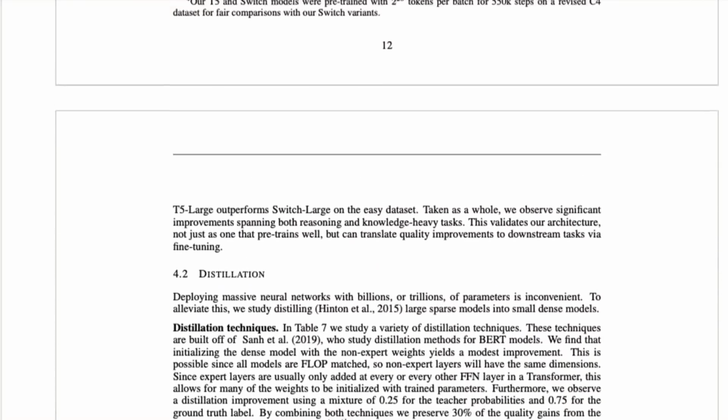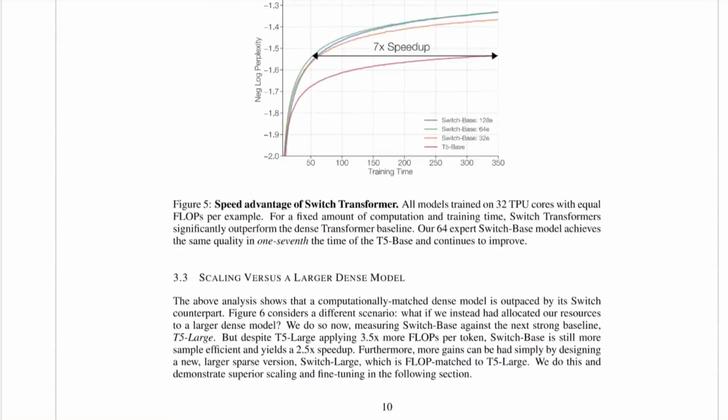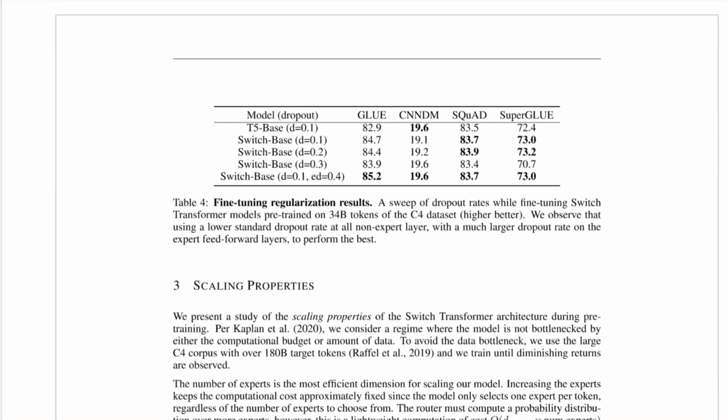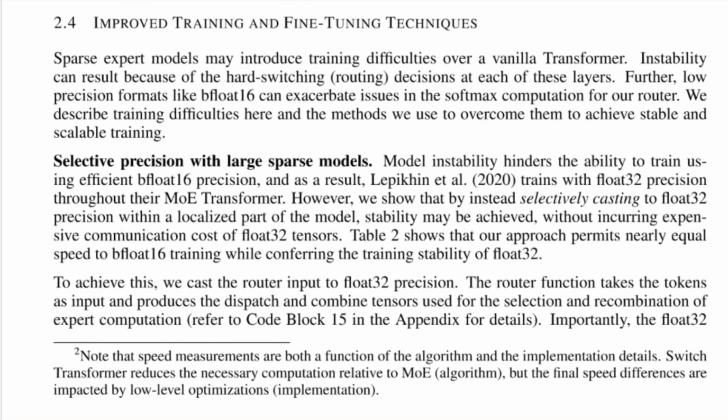The last thing I want to look at is their tricks for getting this to work. So they detail 3 tricks for getting this to work, and they are right here. 3 tricks for how they can do this, and people before them have said, no, you need at least 2 experts, otherwise it's unstable. So they do selective precision with the large sparse models, which means that